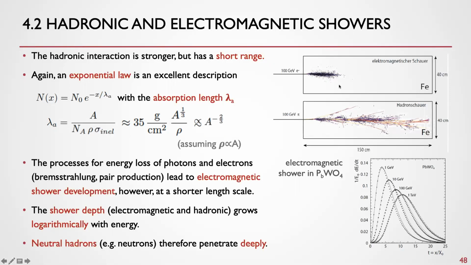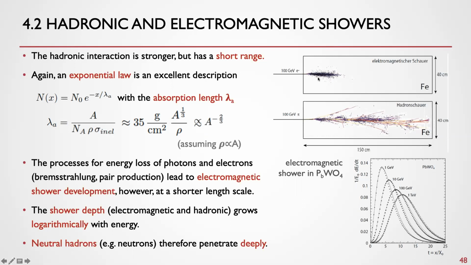However, you see a completely different picture. The energy loss of photons and electrons is driven for these energies completely by Bremsstrahlung and pair production, and that leads to a foreseeably short shower development, because there is no neutral particle